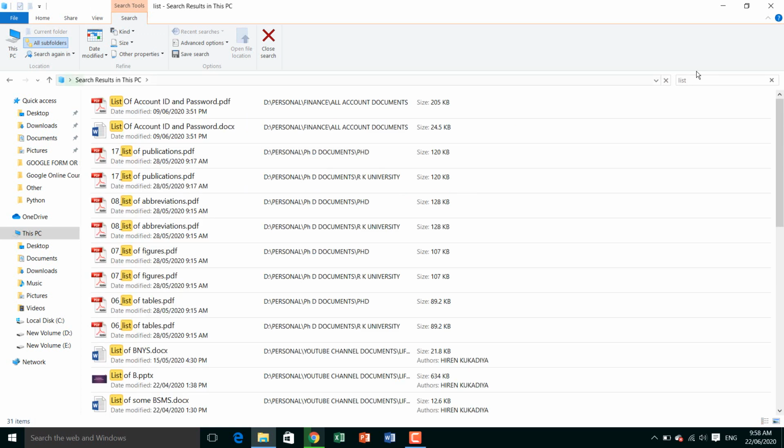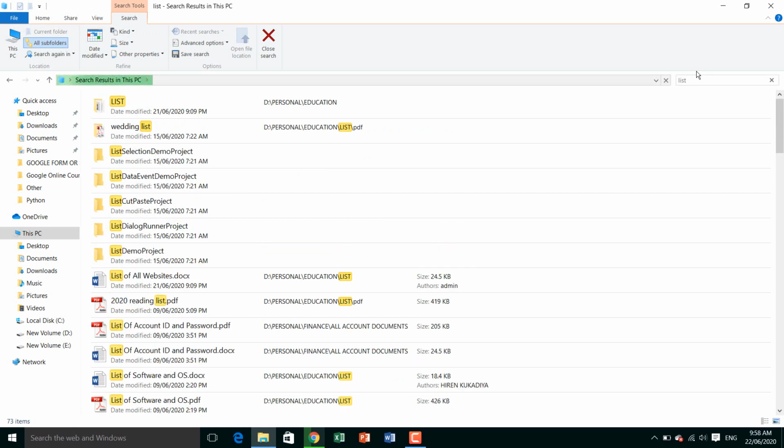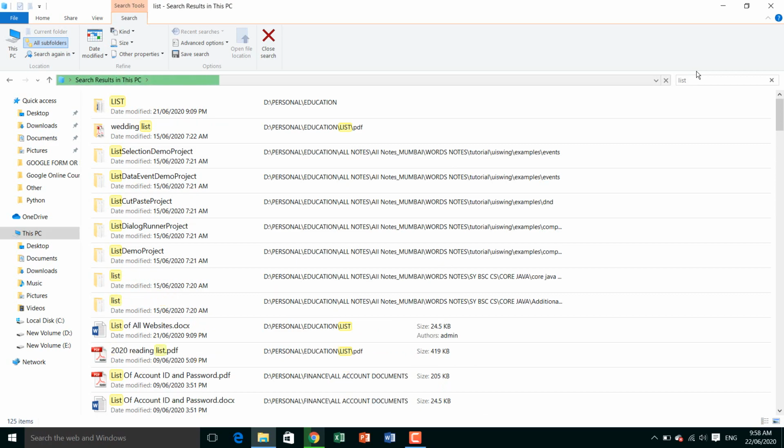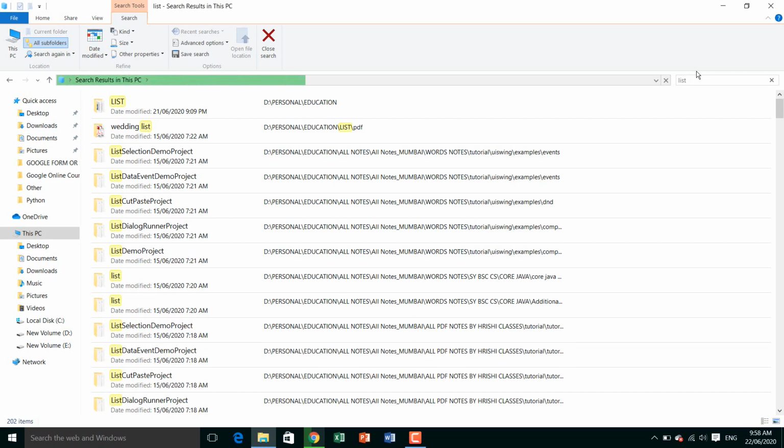If you have any file name starting with a particular name, you will get the list. This saves your time. You can directly search from here. This is the search option.